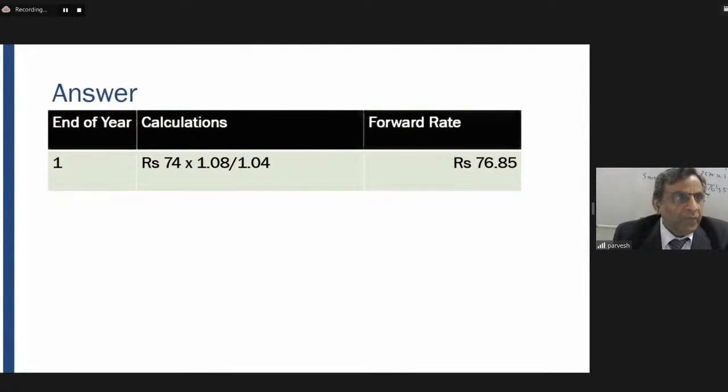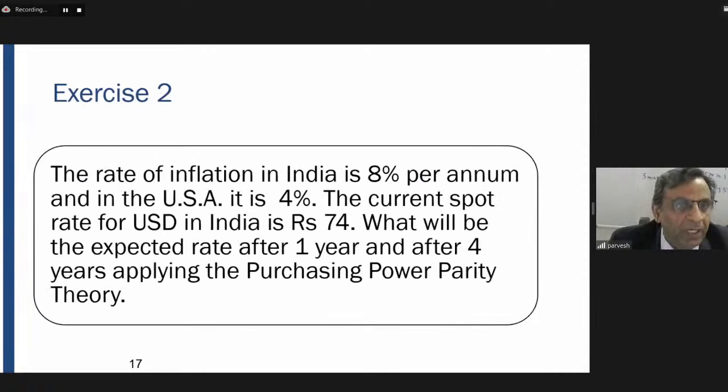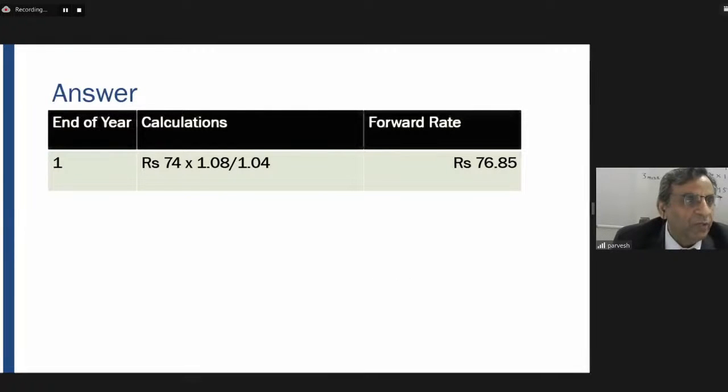So now, if you look at the forward rate, the rate of inflation in India is 8%, in the US it is 4%. And after 1 year we have to find the forward rate. So at the end of the 1 year, it will be 74 into 1.08 divided by 1.04, and the forward rate will be